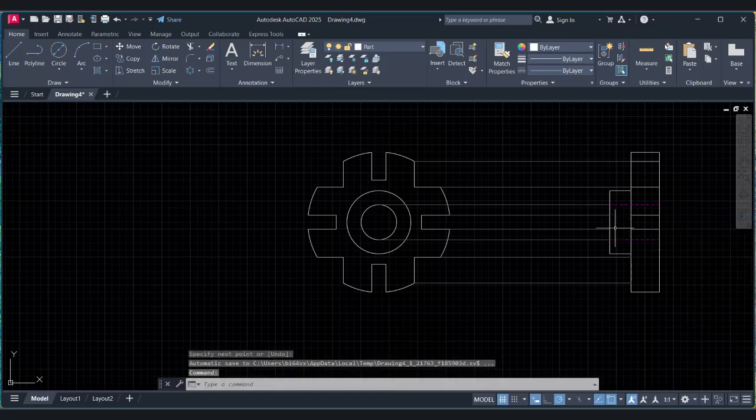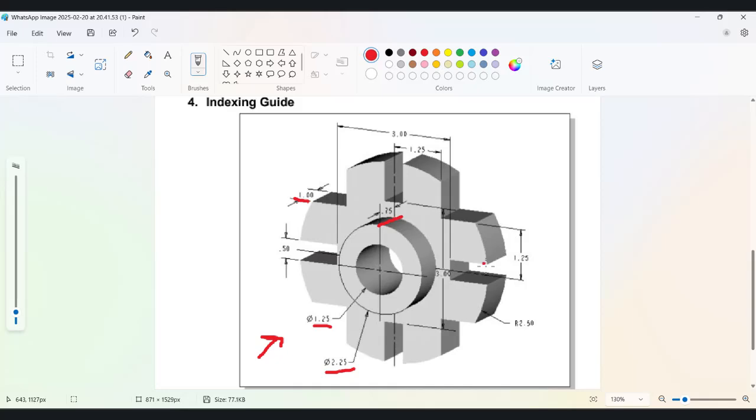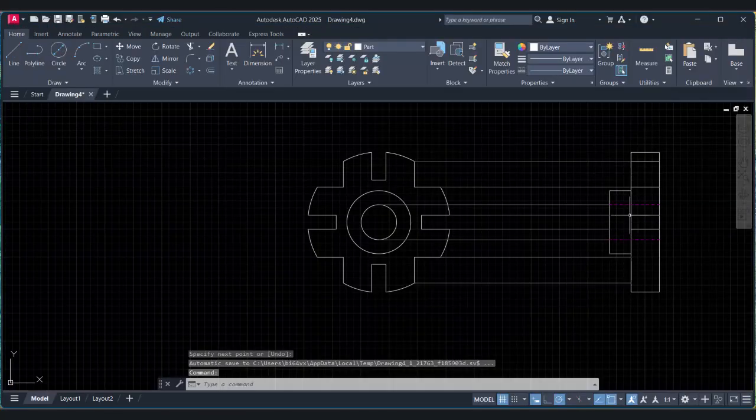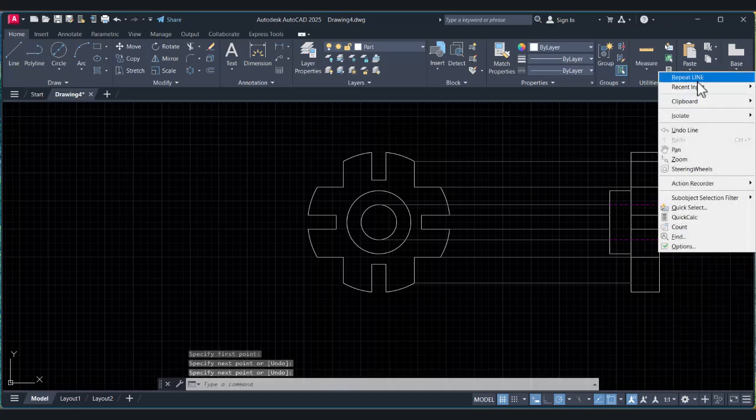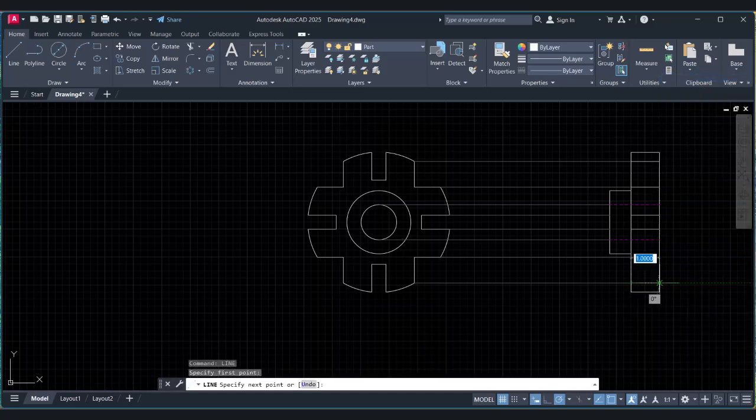Not on here, because the cut is here, so that's why it's between this tab and this tab. Again, line tool, from here to here we can see it, and again from here to here. Okay, so all of these edges we can see.